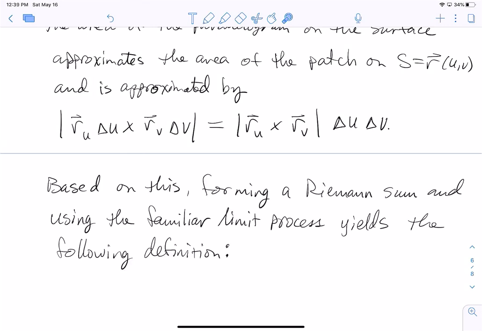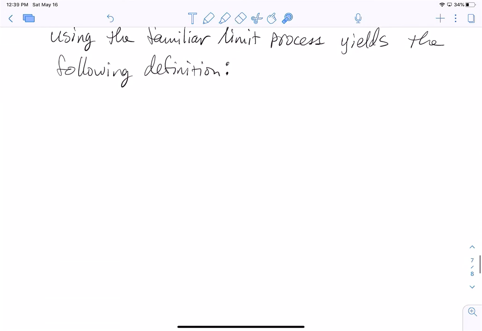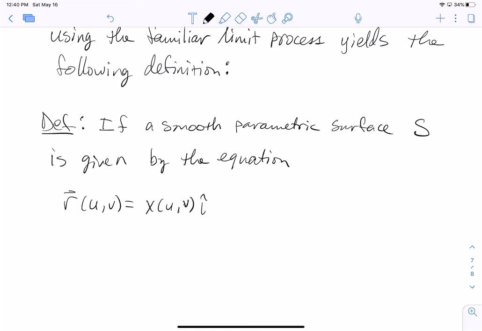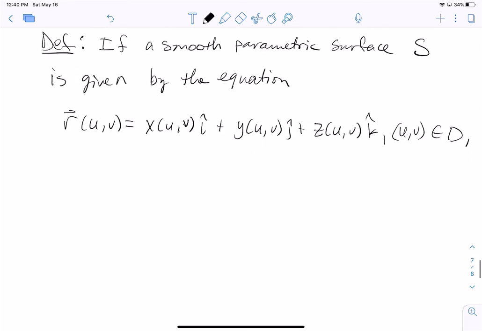Based on this, forming a Riemann sum and using the familiar limit process yields the following definition. We will define that if a smooth parametric surface S is given by the equation r(u,v) equals x(u,v) i plus y(u,v) j plus z(u,v) k, where (u,v) are ordered pairs in a domain D, and I really just mean a region in the UV plane D,